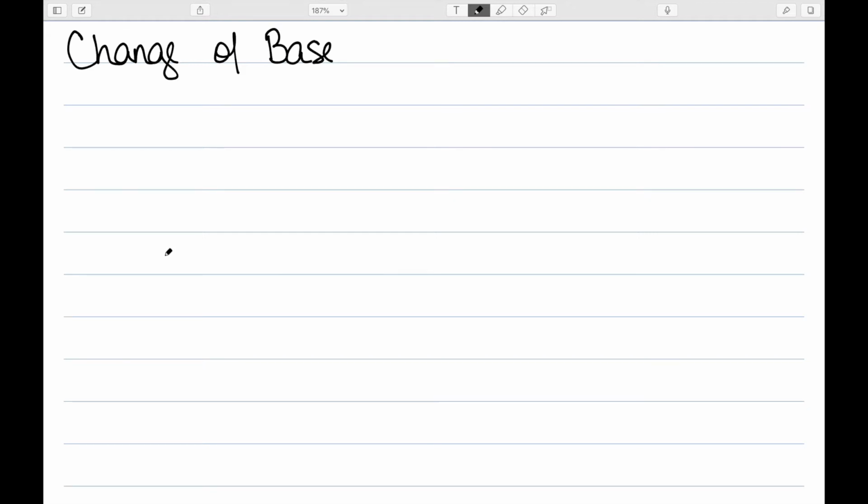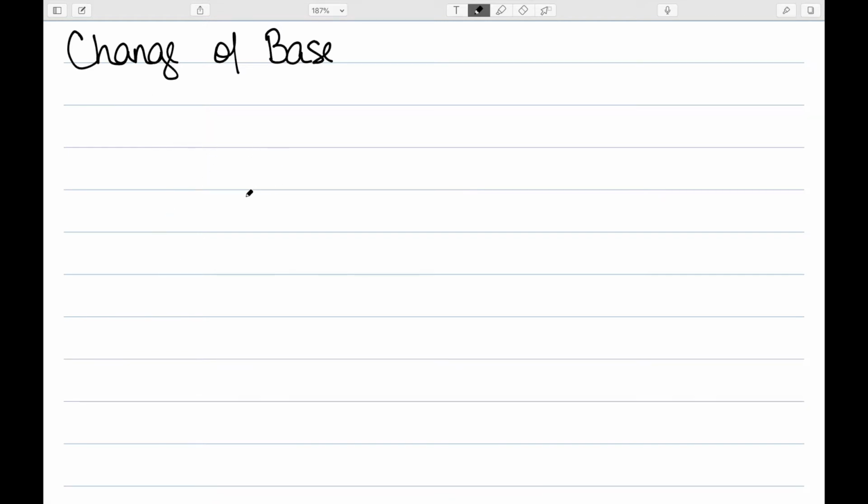In a previous video, I had talked about how to use a calculator to evaluate log base 10 or log base e. However, most calculators will only evaluate log base 10 or log base e. If we want to evaluate one of the other bases, we need to use what's called the change of base